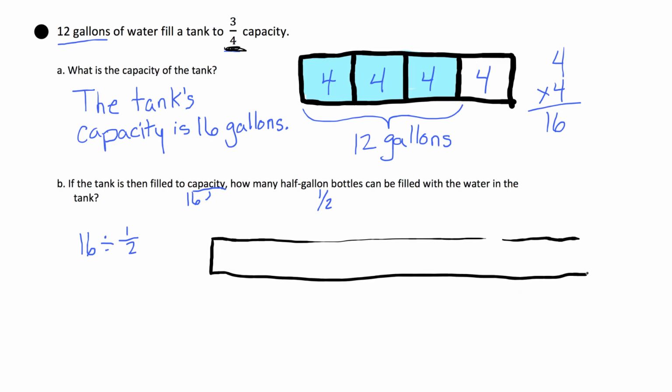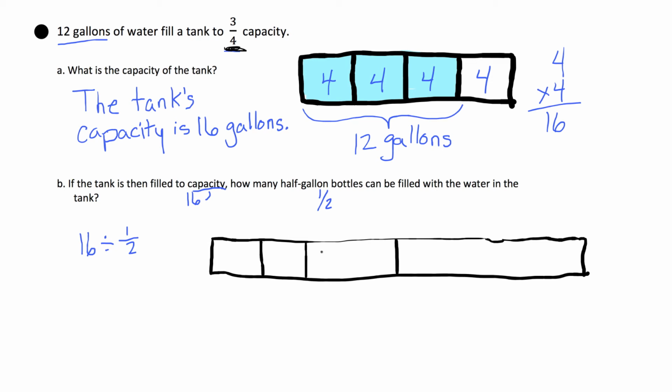So I'm going to make it a longer tape. And this time I'm going to divide it into 16 because I want to see 16 gallons. So there's half. I know that each side is going to be 8, so I can half it again,